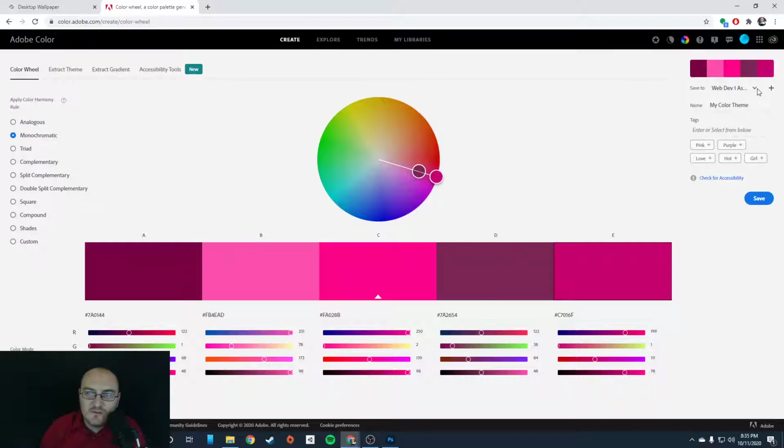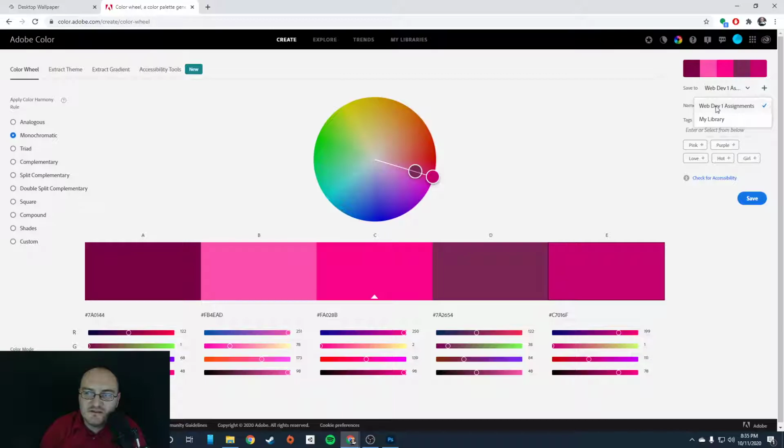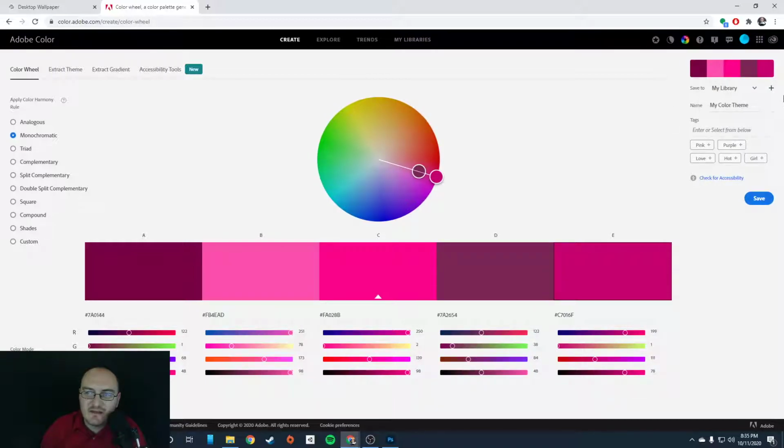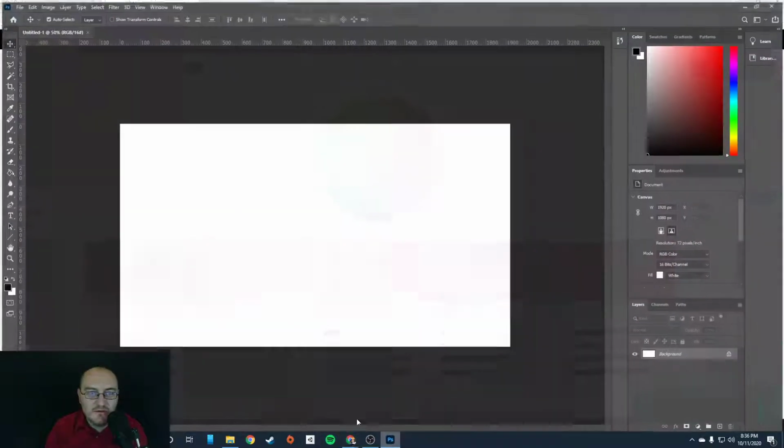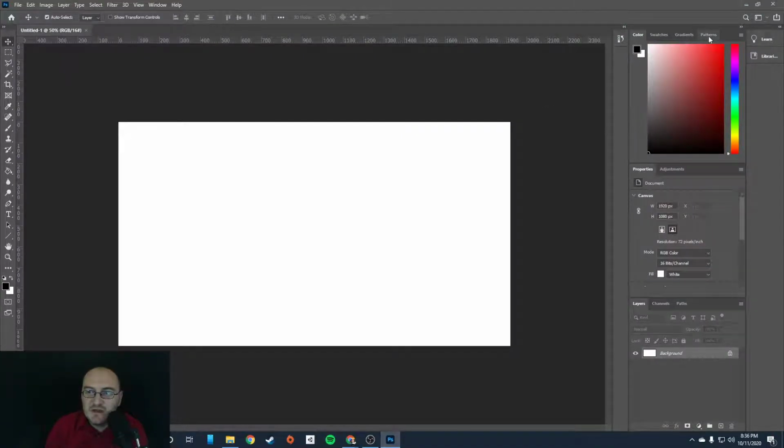And what I can do is, I don't know why I have this web dev assignments. I'm going to just save it to my library. And I'm going to save this as my desktop wallpaper color scheme. And I'll click save. Now, theoretically, when I come back into Photoshop, I should be able to import